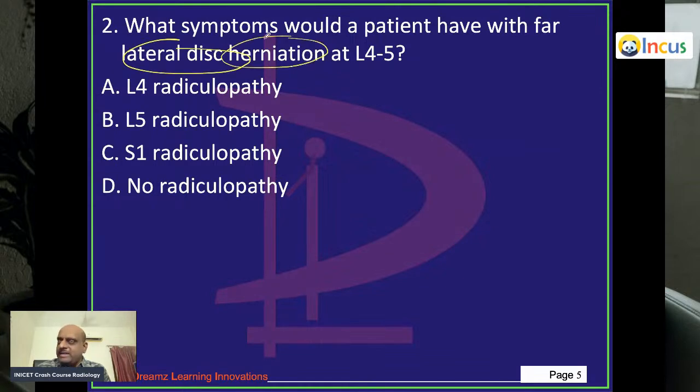Whenever there is any lateral disc herniation at L4 to L5,